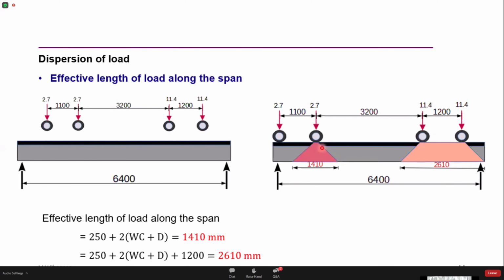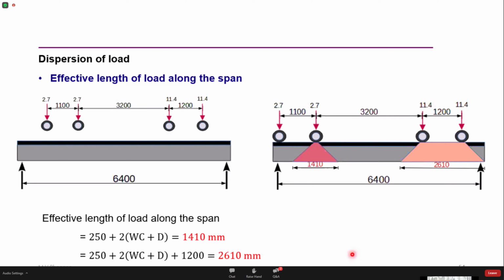In the case of shear force, it is also possible for me to accommodate even this axle load. So I place this live load also. This live load typically comes on the support, so I can neglect it. So for the shear force calculation, I have 3 axle loads acting on the deck slab. Now I need to calculate the lengths of dispersion along the length, the effective length of the load along the span.